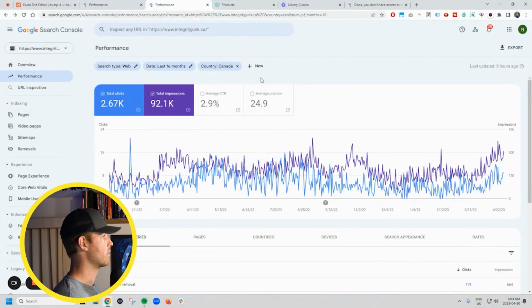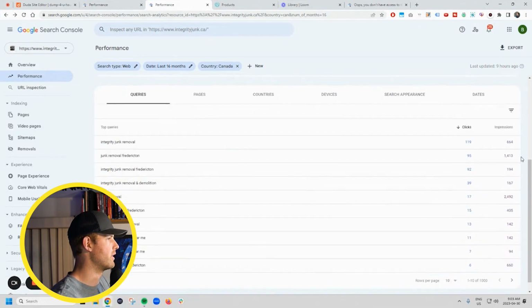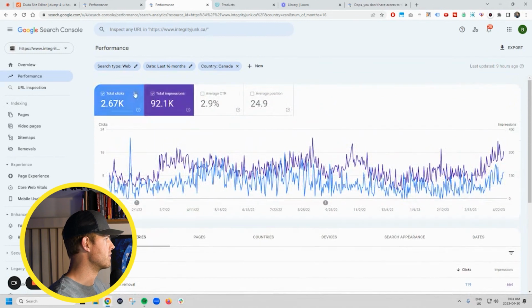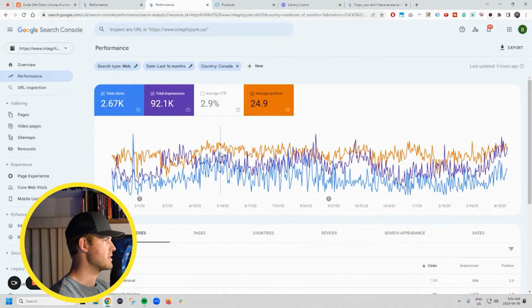And I'm looking here at our junk removal company and the Search Console for this, right? So you can basically get a look at a whole bunch of interesting things related to what people are looking for, where people are looking from. It's different than Google Analytics in that you can actually start to look at the queries that people are using to find you, right? And so I will make a video specifically on this and how you can use it to really get some good info, but you can see some interesting stats, the number of clicks, the number of impressions, the average position of your website in the search results, etc. Right? So I'll save that for another video, like I said,